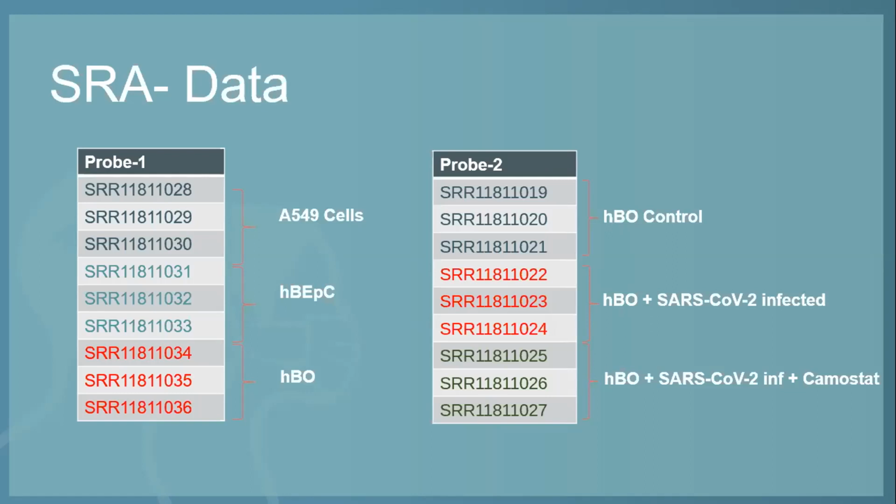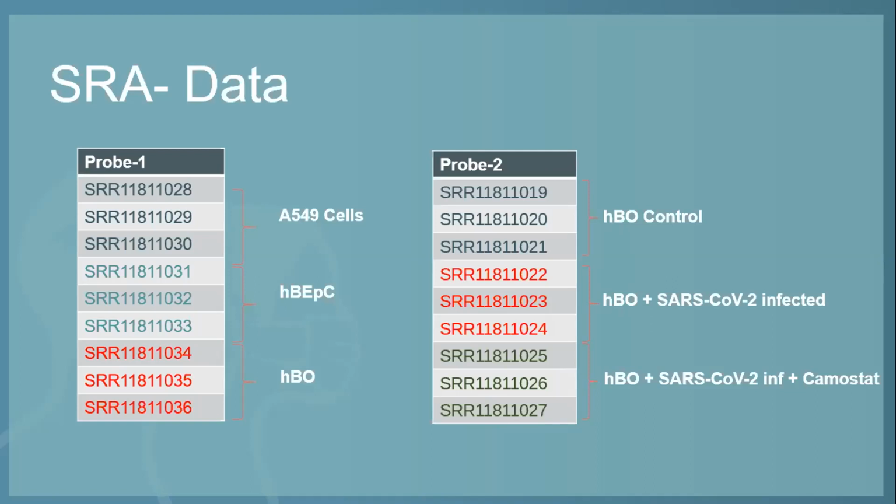So in the first probe, I think the control is A549 cells, which, as far as I know, are a kind of tumor cell. So they found that HBC and HBO are expressing similarly, and then they thought, okay, we could process the experiment